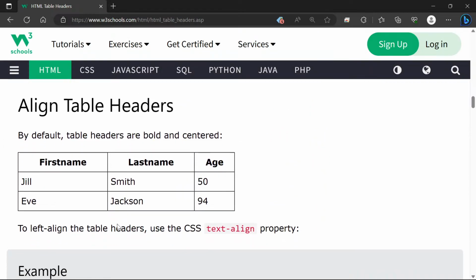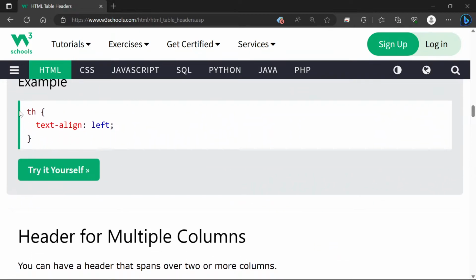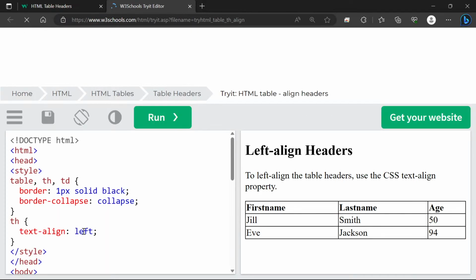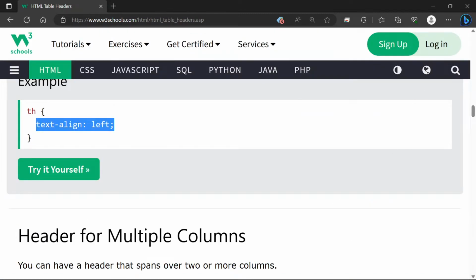Now align table headers. I just said by default it has center whenever you use the th tag, but let's say you want to align it, then you can use this th selector and text-align left or right. If you write left, then it is aligned to the left, but if you write, let's say, right, then it will move to the right-hand side. And if you don't write anything, it will take center as the text alignment. Yeah, here it is. Okay, just a second. Okay,